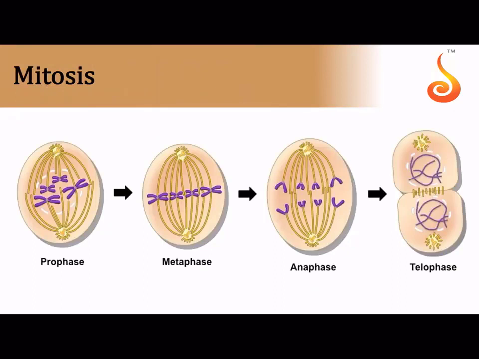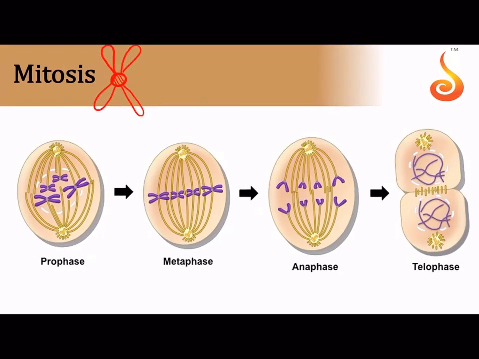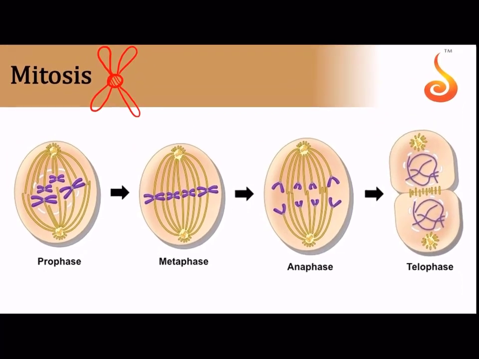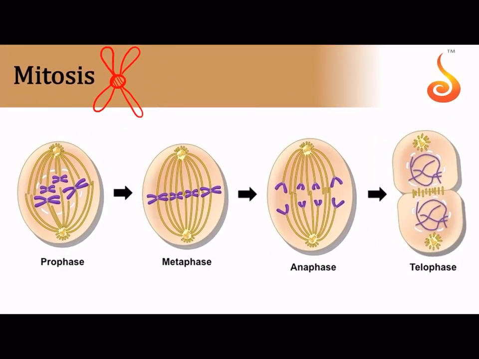Okay, so let us quickly go through mitosis. In mitosis, all of you should remember one thing. If this is a chromosome, this is the centromere of the chromosome. A chromosome has how many arms? 4 arms. Now these 2 arms together make up one chromatid. Now many of you make a mistake of saying that this chromosome has 4 chromatids. It is not true. This is called a P arm. This is called a Q arm. P plus Q arm is one chromatid.